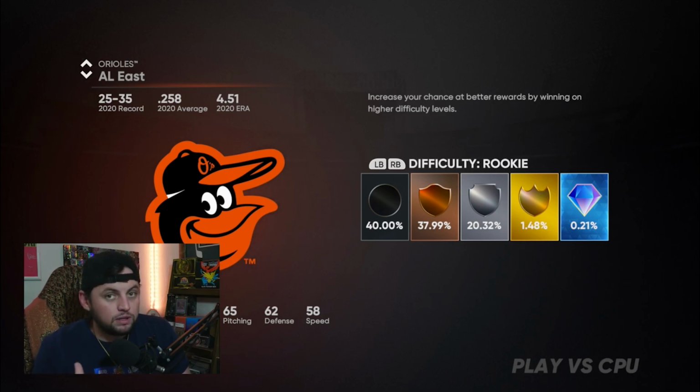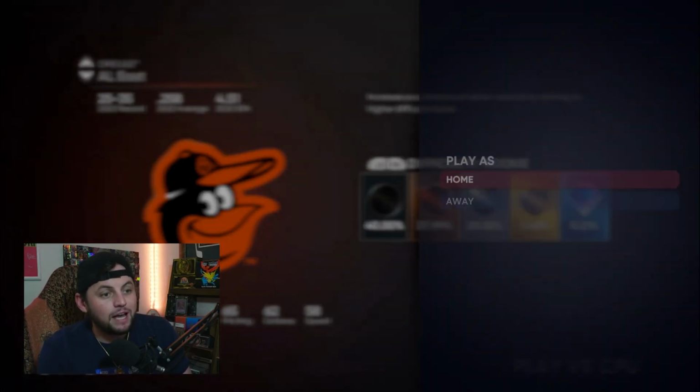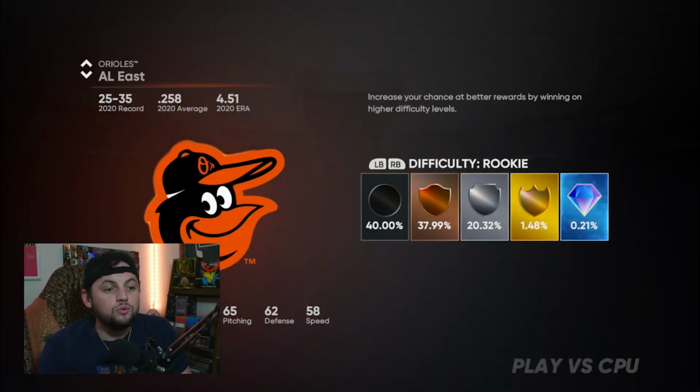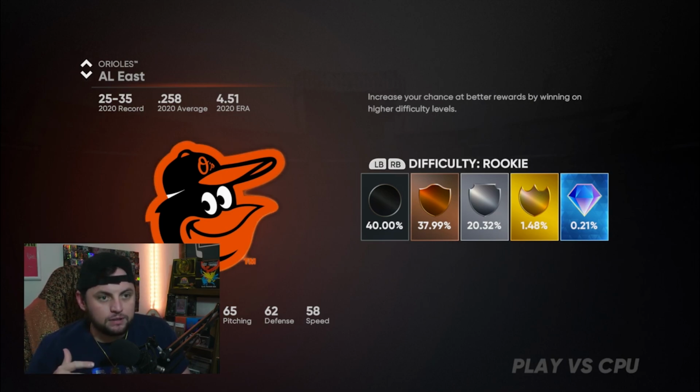But the most important thing here is to play against a CPU and make sure that you pick yourself as the away team, because you'll get more at bats. This guarantees you 9 innings to bat, and for you to get the most hits and the most plate appearances. If you do this properly in a single game, I would say you could get almost anywhere from 35 to 55 plate appearances in a single game, which means you can knock out that entire mission in 2 games tops